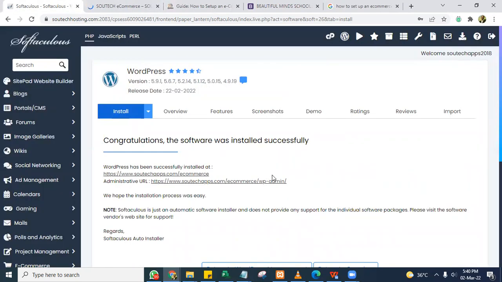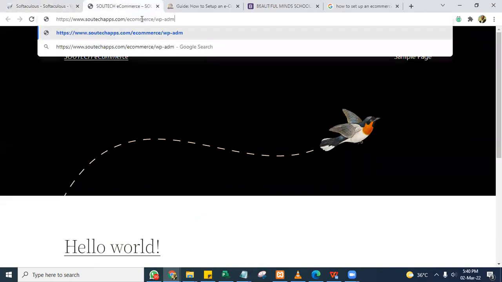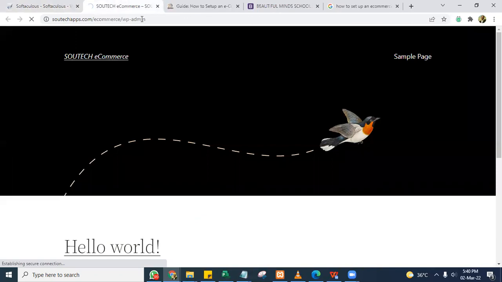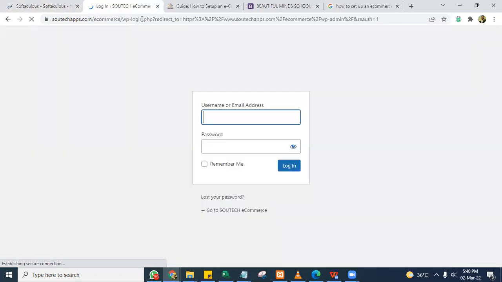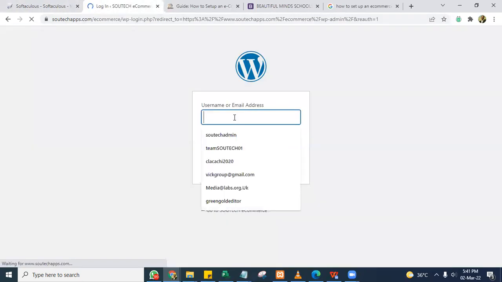And this is the administrative detail. So I installed it on sourtechapps.com/ecommerce. So how do I access my dashboard this way? How you access your WordPress dashboard is always /wp-admin, right? Which is this. So I will log in,